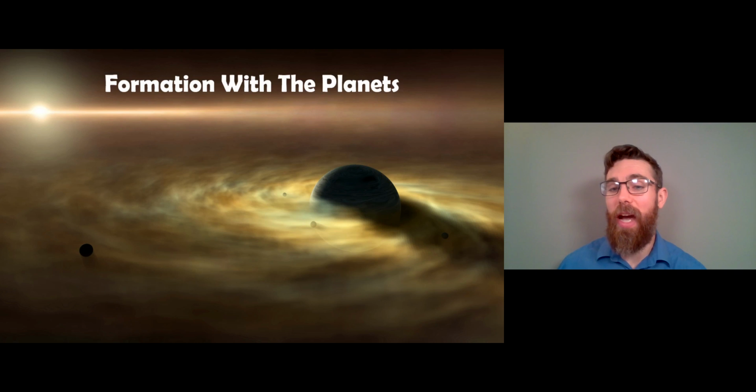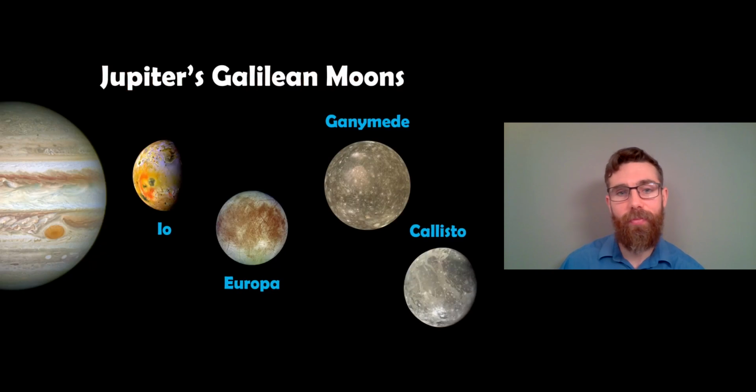So when the sun actually reaches the main sequence, it starts generating energy properly. All that gas will get blown away, and then you're left with the planets and the moons orbiting them. So they would have formed together. That's another scenario. So here you have the Galilean moons, the 4 main ones, and one of those is the largest in our solar system. So Ganymede is our largest one. So they're all quite large, but they formed